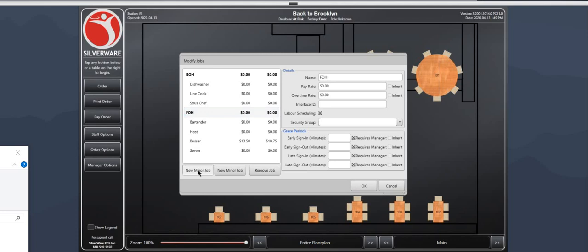The next one I'm gonna jump into is our floor plan setting. So in fact,